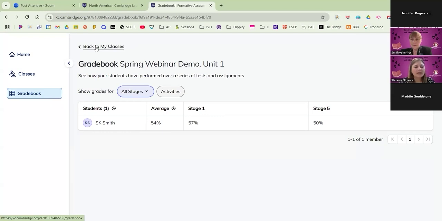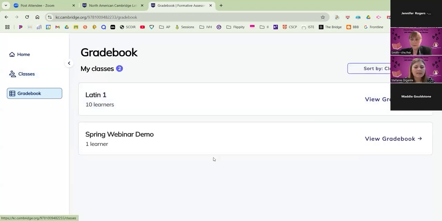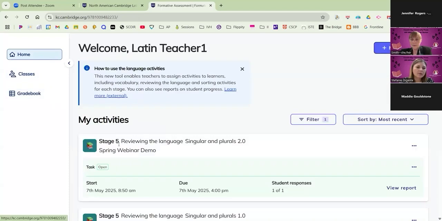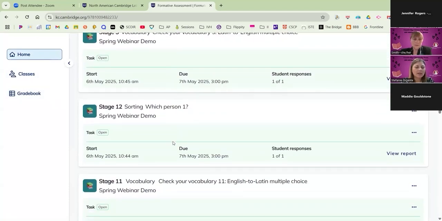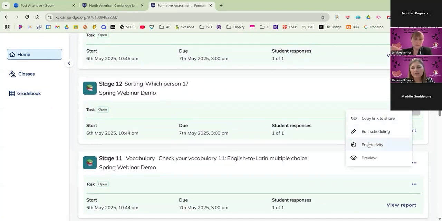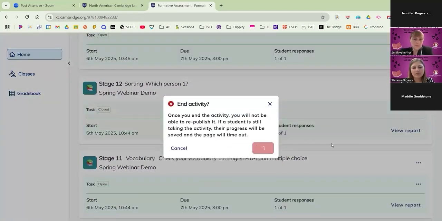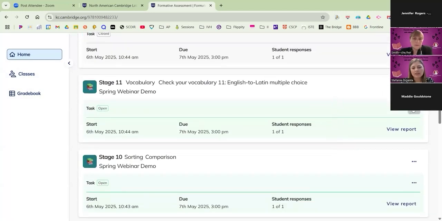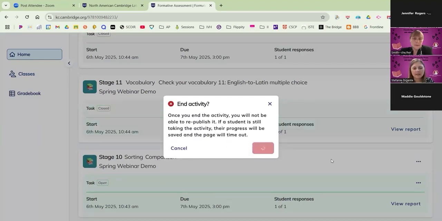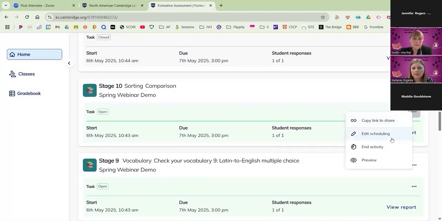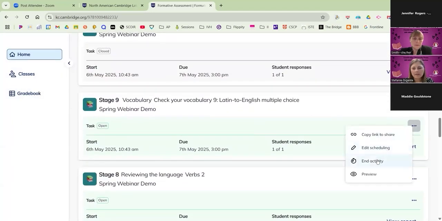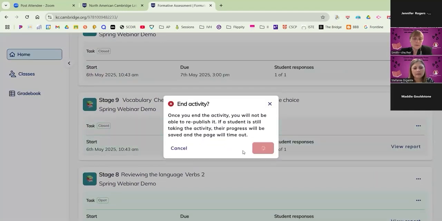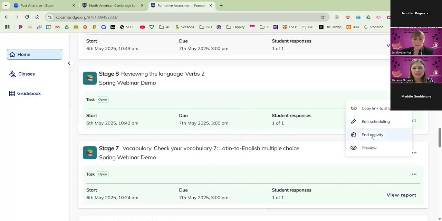And you're right. So what I need to do is go back to the classes, over here. Oops, go back to home rather. And all of the other activities from all of the other stages, I have to close them out in order to make sure that I can get those activities into Smith's overall gradebook. But I'd like to be able to do that because I want to show you the power of having all of those activities accessible. Let's see here, and activity. We did stage 8 last week.